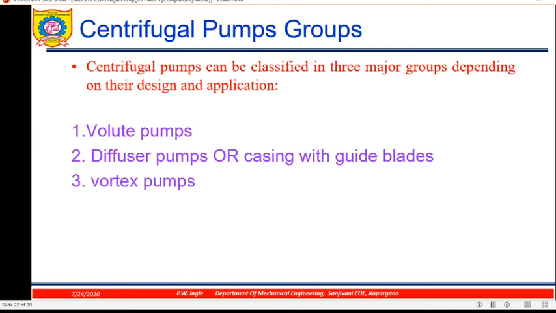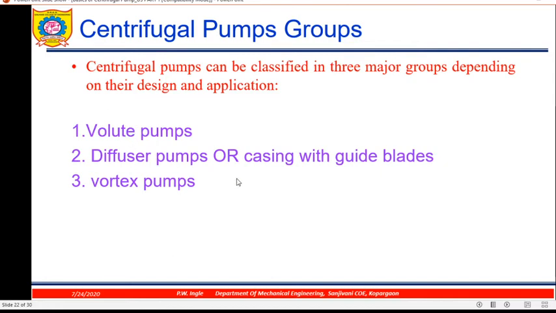So in volute pump, you see there is a shaft. On shaft, impeller is mounted, and at the exit of impeller, it rotates the water. So at the end of impeller, you are getting the kinetic energy. That kinetic energy will be converted to pressure energy by using casing. So in case of volute casing, we are using impeller, and water enters in the casing.